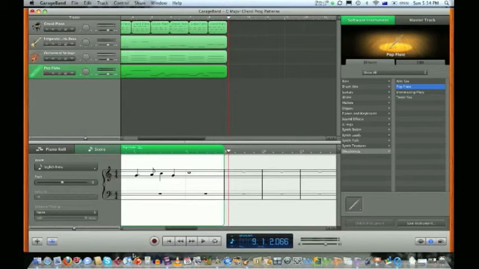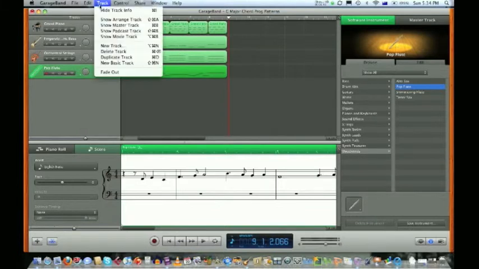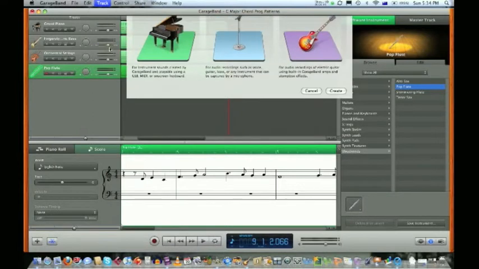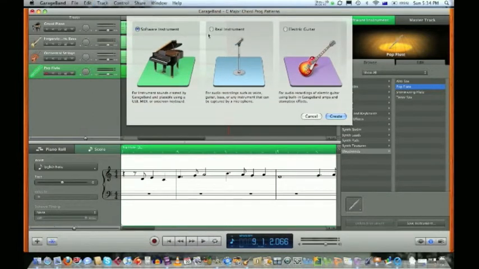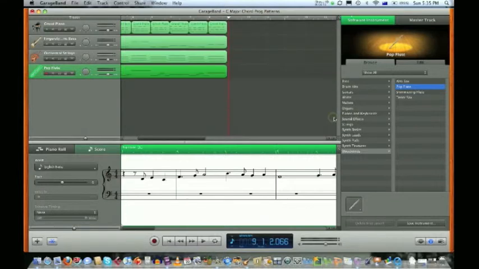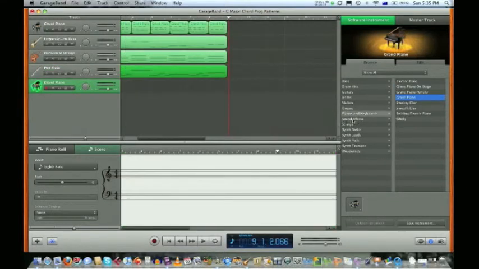And in another later series, I'll show you how to program drums, but that's another whole thing, how to actually compose for the drum kit and how to notate the drum kit. But for now, here's where we can use our loops. We've created this whole complete piece of music, and what we're going to do, we're going to go track, new track, and for this one, we could use a real instrument or a software instrument. But what we're going to do, stick with our software instrument, and this time instead of information we're going to go